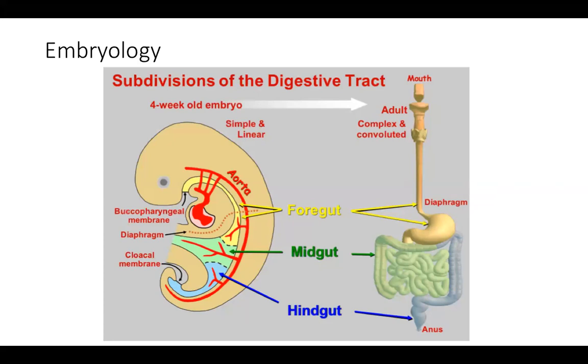From the third part of the duodenum down to the two-thirds of the transverse colon, that is supplied by the superior mesenteric, and the distal one-third right down to the proximal half of the anal canal is supplied by the inferior mesenteric. The distal half of the anal canal is developed from the ectoderm, therefore the blood supply is different. So for the rectum per se, the inferior mesenteric is of prime importance.